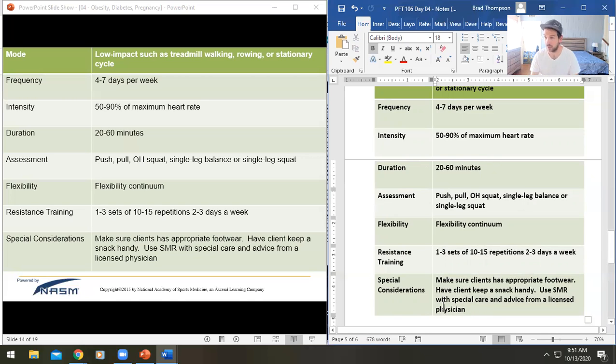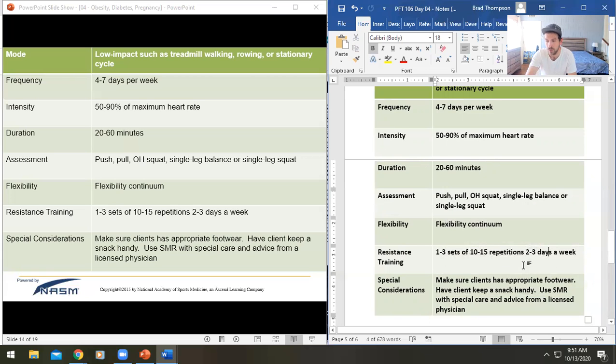If they do have neuropathy, make sure you're being a little cautious. You do not want to bruise your clients who have neuropathy. They won't be able to feel it, and that nerve damage could lead to tissue damage. So we don't want to do that. And then we see, again, moderate intensity here, 1 to 3 sets, 10 to 15 reps,